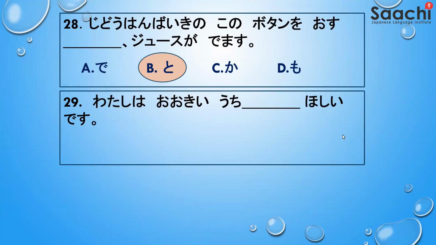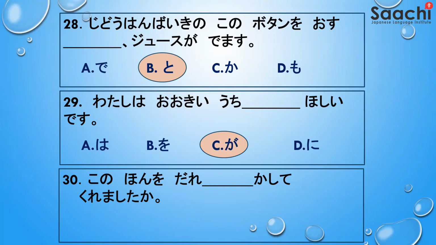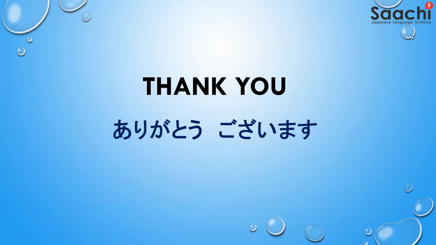私は大きい家欲しいです。うちが欲しいです。I want a big house. 欲しいです always takes the particle が。この本を誰貸してくれましたか？誰が貸してくれましたか？Who gave this book? Who lent you this book? So whenever you have an interrogative word, it takes particle が。誰が貸してくれましたか？はい、ありがとうございます。